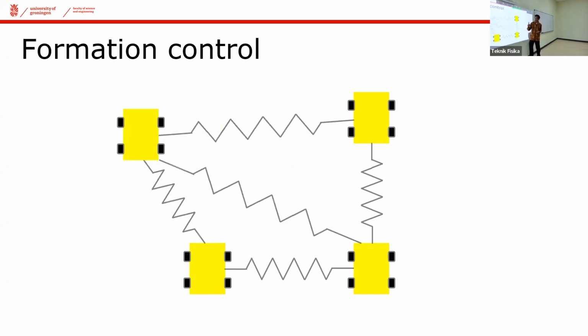So I just use these illustrations. This is not the correct shape, because I would like to go to the square. So in this case, this agent will have directions to the neighbors. There are 3 neighbors here, and it has a different distance error for each. In this direction it has a certain distance error, and in this direction it has a certain distance error. So when you add them together, the other agents will do the same. This one will go in that direction, this one goes in this direction, and this one goes in that direction.